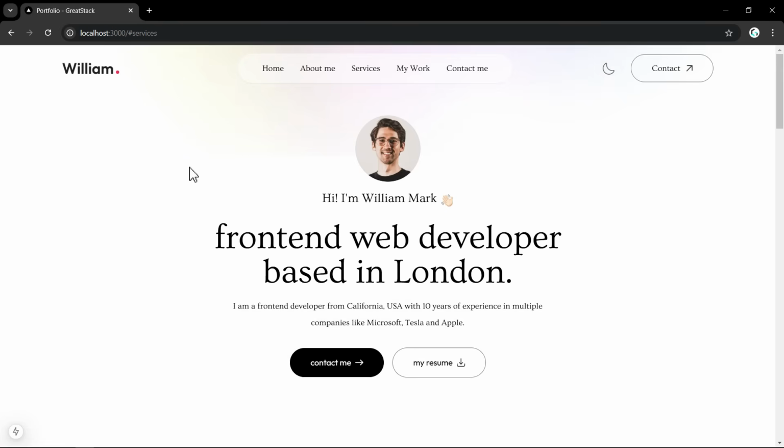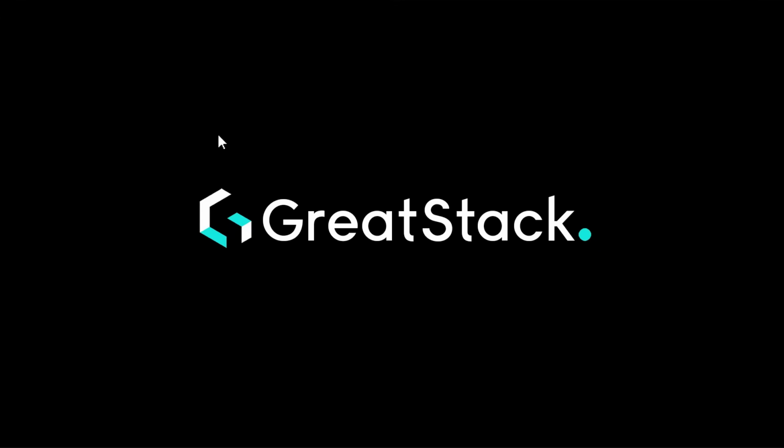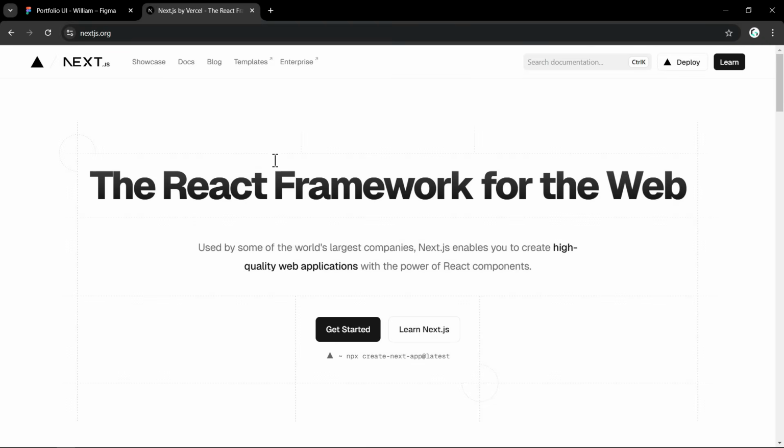So let's get started. Now we will start creating our portfolio website in Next.js. So let's come to Next.js website. And here you can see, here we have this command to create a simple Next.js application. So just copy this one, npx create-next-app@latest. Or you can go to documentation by clicking on this link